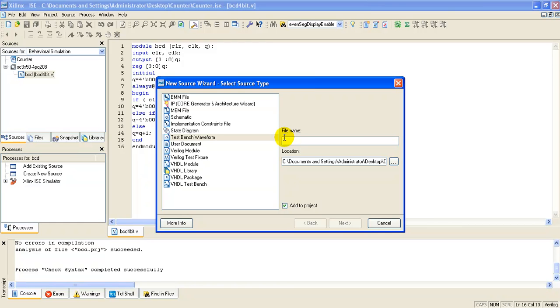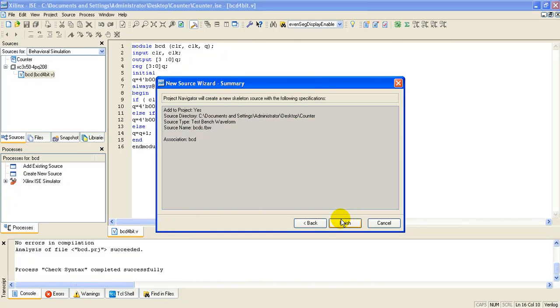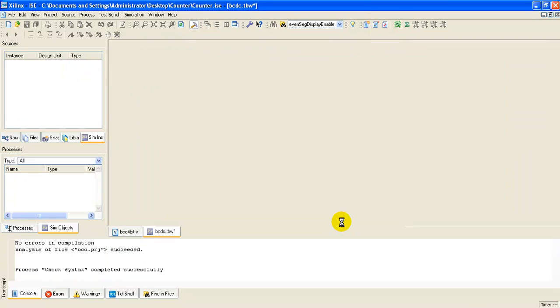I need to give the file name, so I am giving the file name as BCDC, for BCD counter, and press the next button. Next, finish.